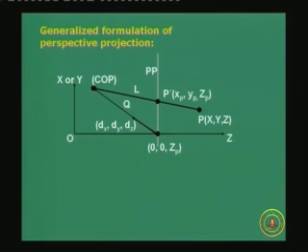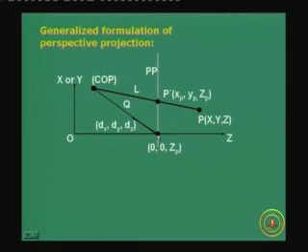And the projection plane, PP, is the projection plane which is perpendicular to the z axis. The normal to the projection plane is now the z axis itself, and the projection plane is also along the xy plane. And since we are looking into the xz plane, both the xy plane and the projection plane will appear as only lines to us. Okay. Now, we have assumed that the projection plane is at a z distance zp with respect to the origin along the z axis, that is the distance from the origin to the point of intersection of projection plane and z axis is zp,